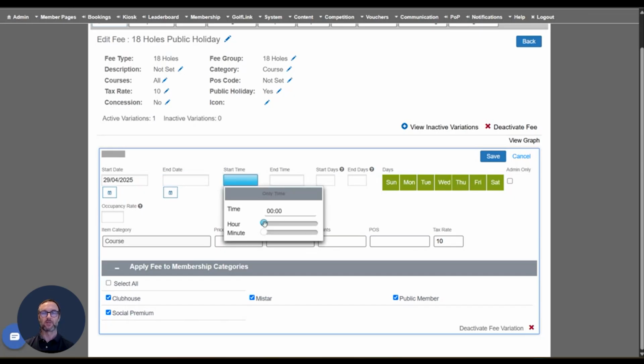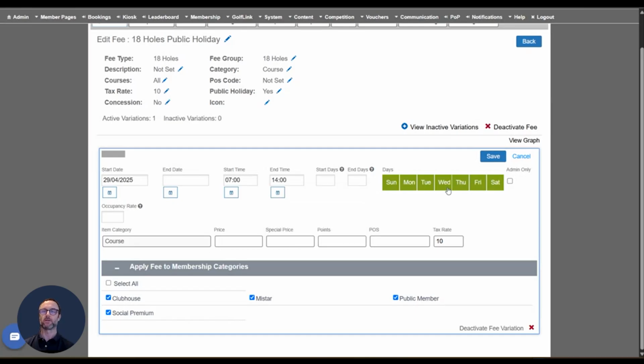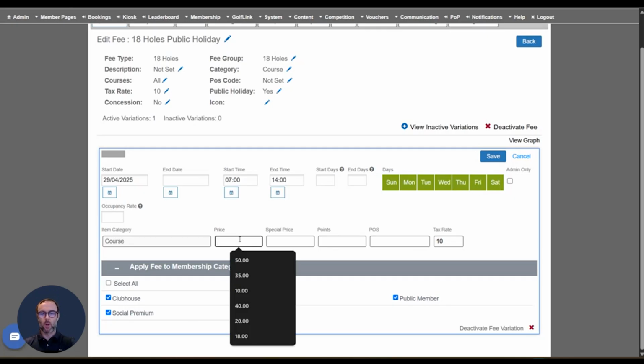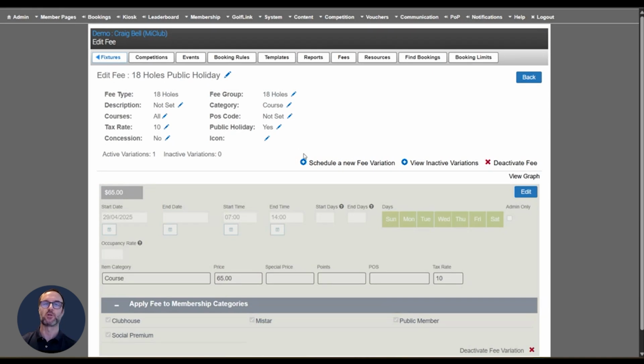You can again put in your start time and end time. So it might again be available from 7 till 2 o'clock, but we can leave all days selected. It doesn't mean that it's going to show up on every day. It just means that only on public holidays that we mark in the timesheet. And being a public holiday, it might be slightly more expensive. So it might be $65. So when we save it,